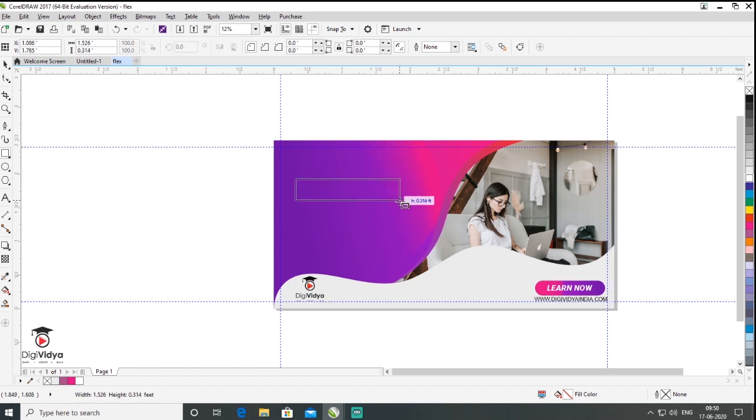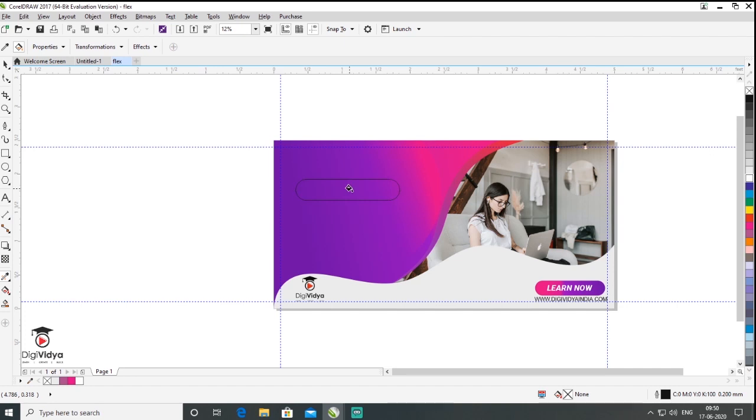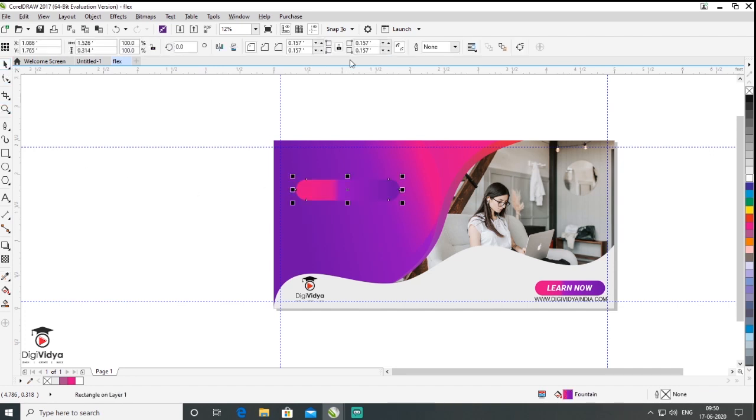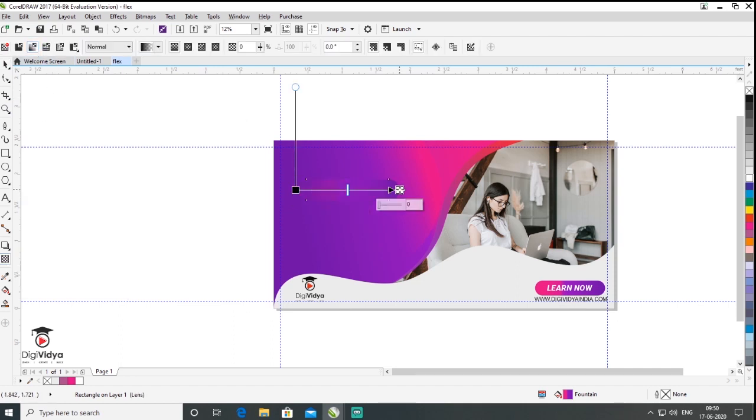I want to make a rectangle here. This is a big type of rectangle, and change the rectangle into rounded rectangle, right? And I want to apply same color, so I go to attribute eyedropper tool, choose color from here, and just fill here, right? Then I want to go to transparency tool, and I want to fill linear transparency, and